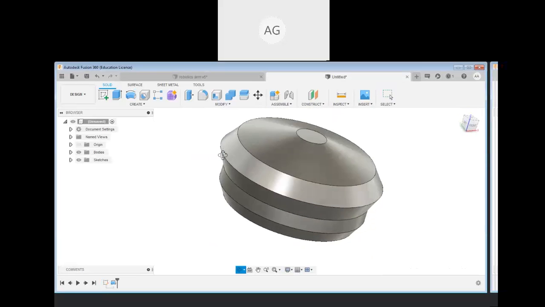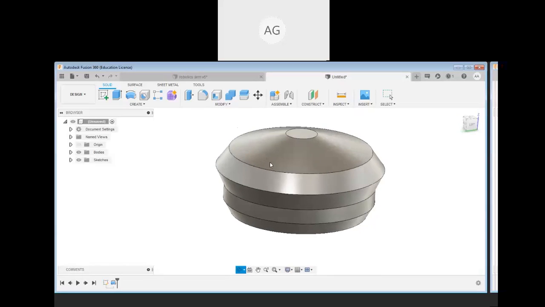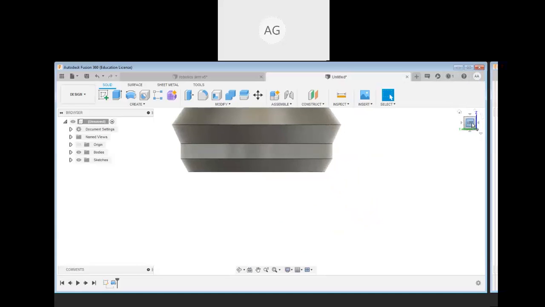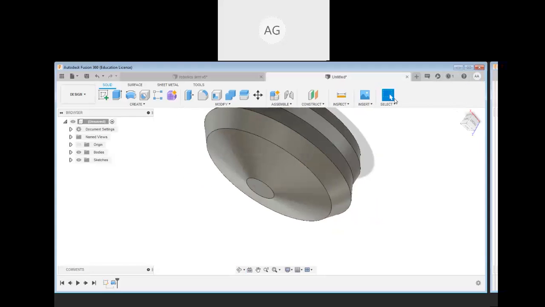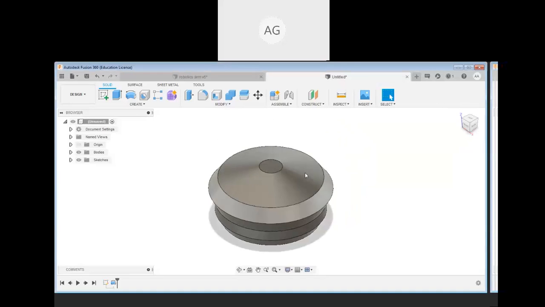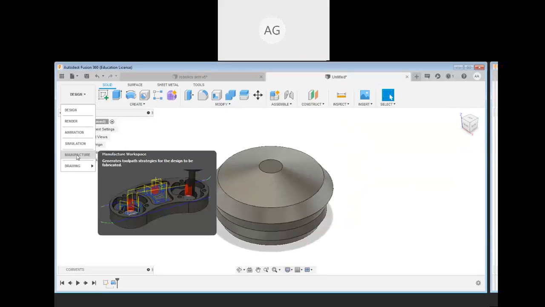This one is my part over here. Now if you want to go to the home view, there is an option over here called home view. If you want to see the left view or any other view, you can see it. So over here is home view, and you will be able to see your home view directly. Now in this part, if you want to do manufacturing, how can you do it? First of all, go to the manufacturing segment.